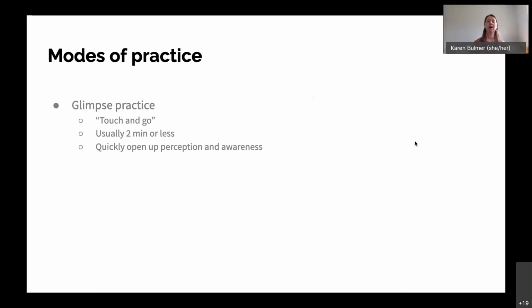If you want to just settle back into your seat, and then begin to let your eyes travel around your space and notice the objects in your space, and see if it's possible to catch that moment before you label the object or start telling a story about it. And you may find that it's not possible to do that, and that's just interesting to note.